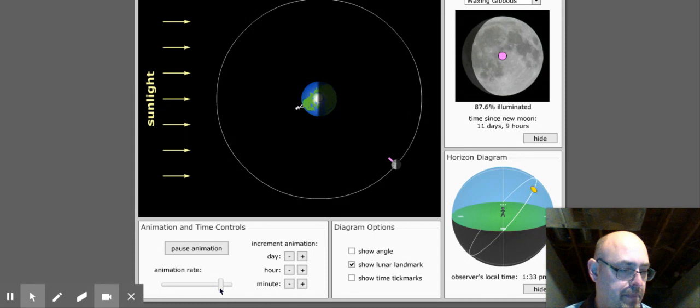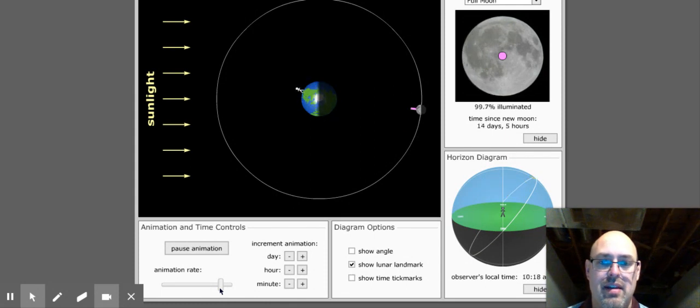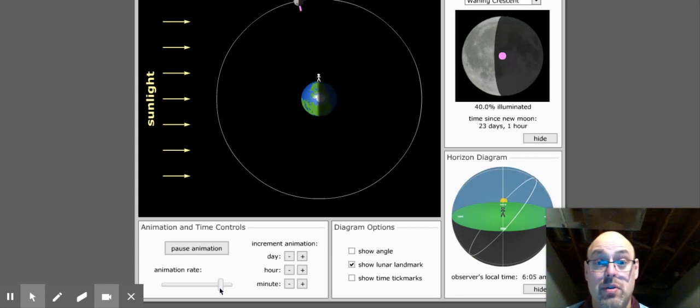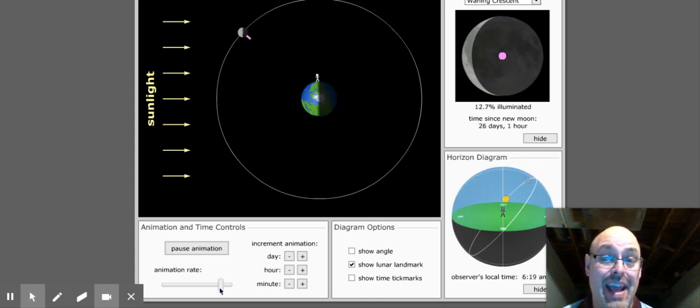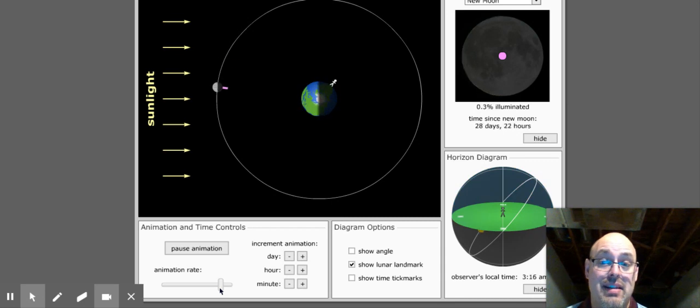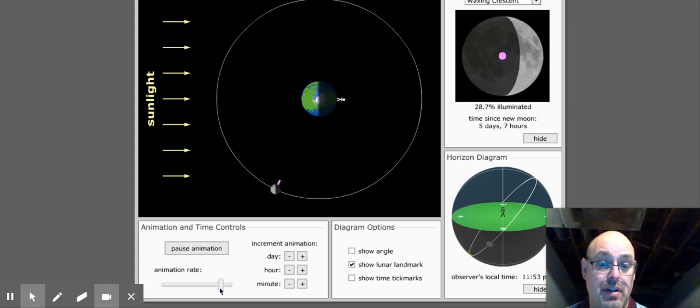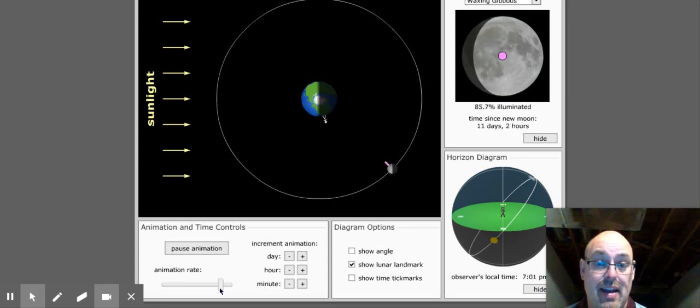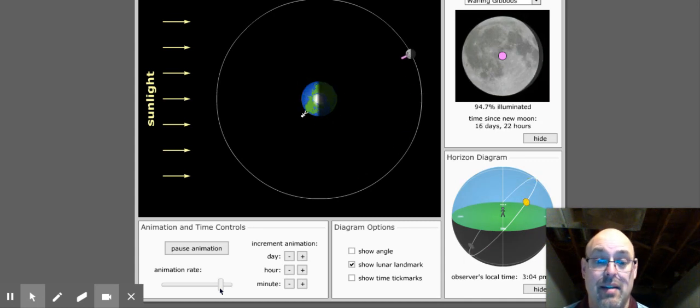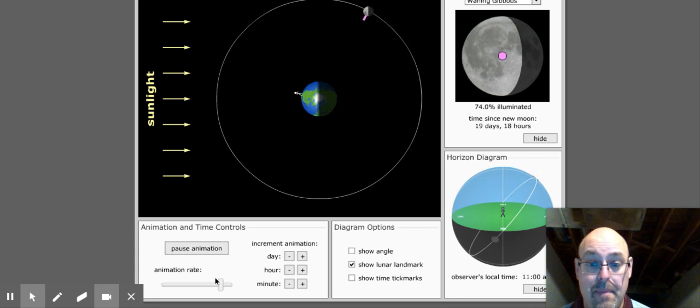But I want you to take a look at the stake on the moon, the little pink thing, and what that means with regards to the moon's rotation as it's revolving around the Earth. Okay, that's what I want you to look at in that situation. What's going on with regards to that stake as it orbits the Earth and where it's constantly pointing, hint, hint. Okay,